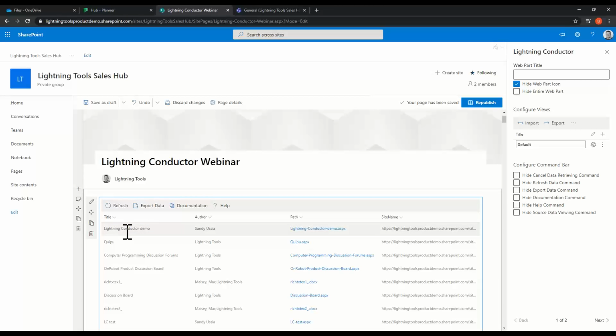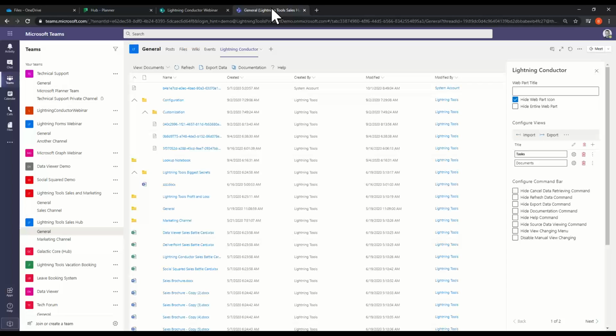Okay, so that's using search. We've seen the object model as well, so we can go against that, and you've also seen the graph, and how we can bring back content based on the Microsoft Graph, and all of that is available here inside of Teams as well. So you can very easily get at your content from SharePoint, display it in Teams, and as I mentioned, you could also